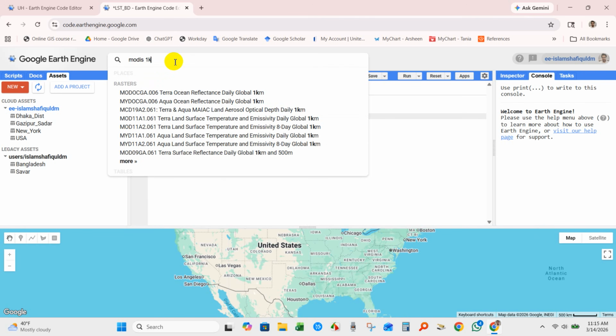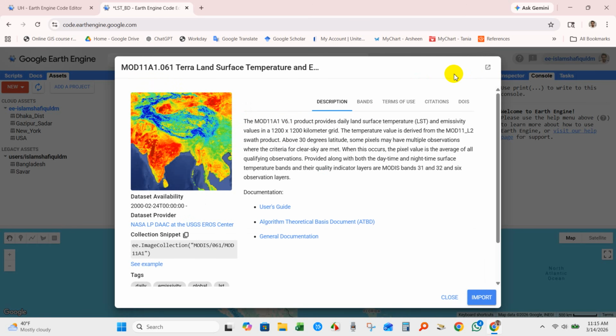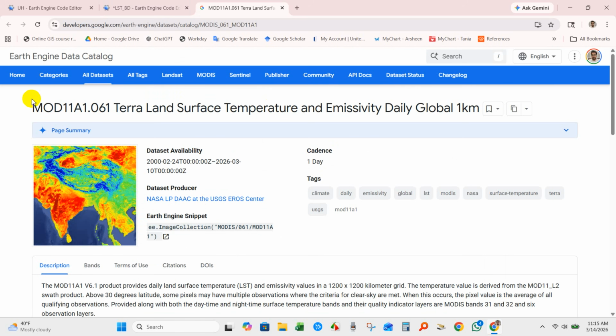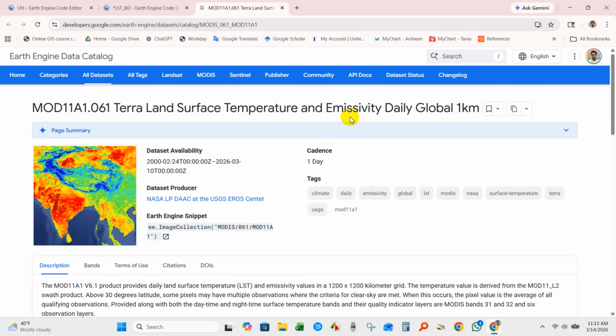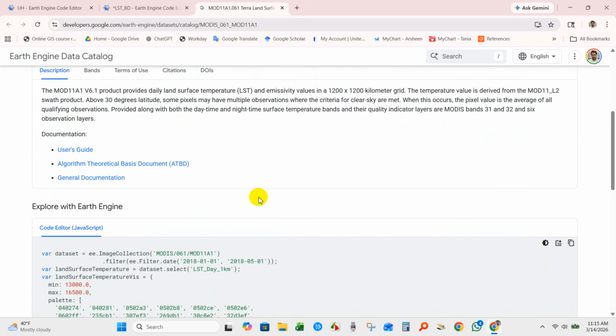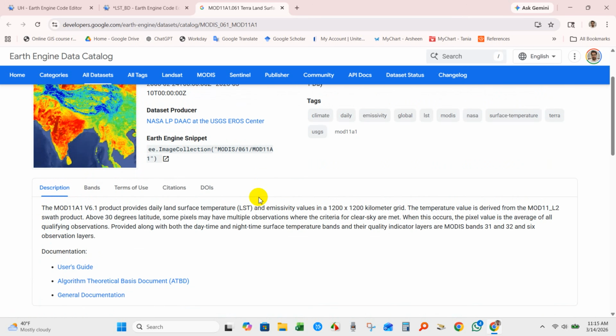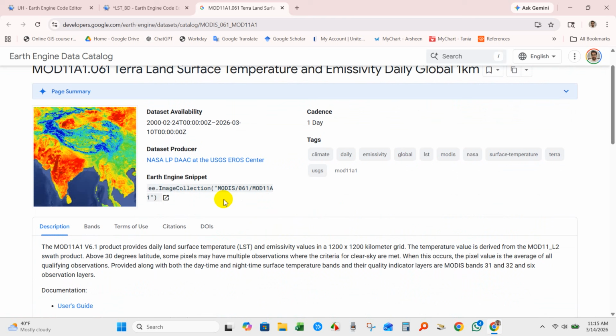Just click here MODIS 11A1, daily global 1 kilometer, this one, Terra Land Surface Temperature and Emissivity Daily Global 1 kilometer. Here you will find several pieces of information. So copy this,